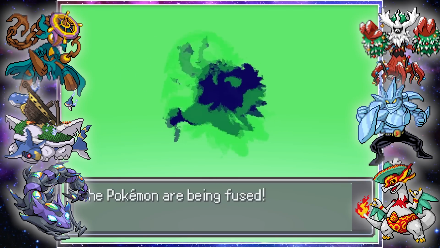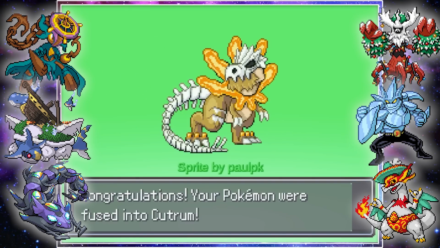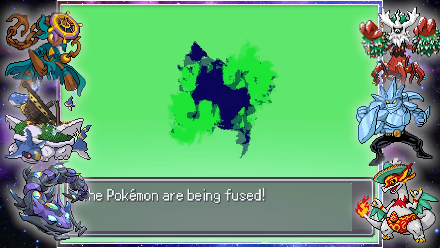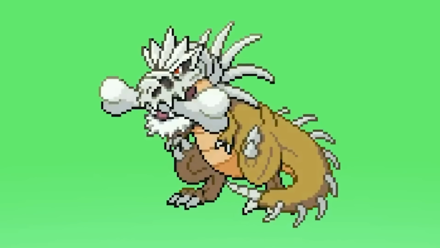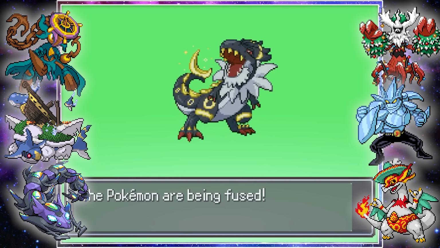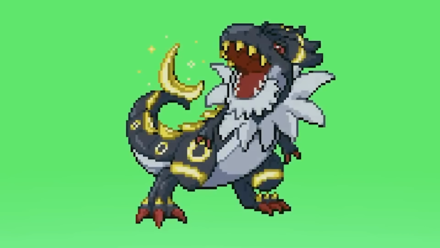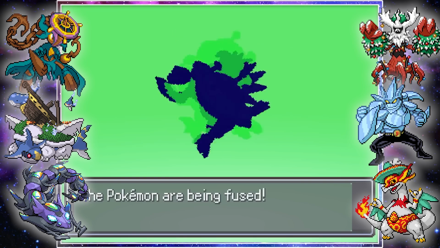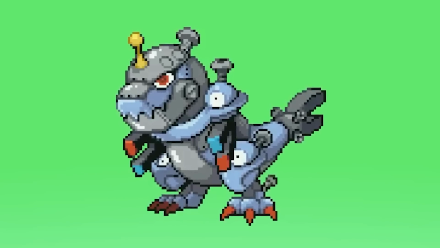Starting with Tyrantrum, Cubone looked insane, though I don't really get the gold around its neck. And honestly, Marowak was not nearly as cool. Umbreon, on the other hand, was a moon dino, which is epic. Ho-Oh looked way too happy to be a flightless bird, and Magnezone made this cool metal Rex with an even